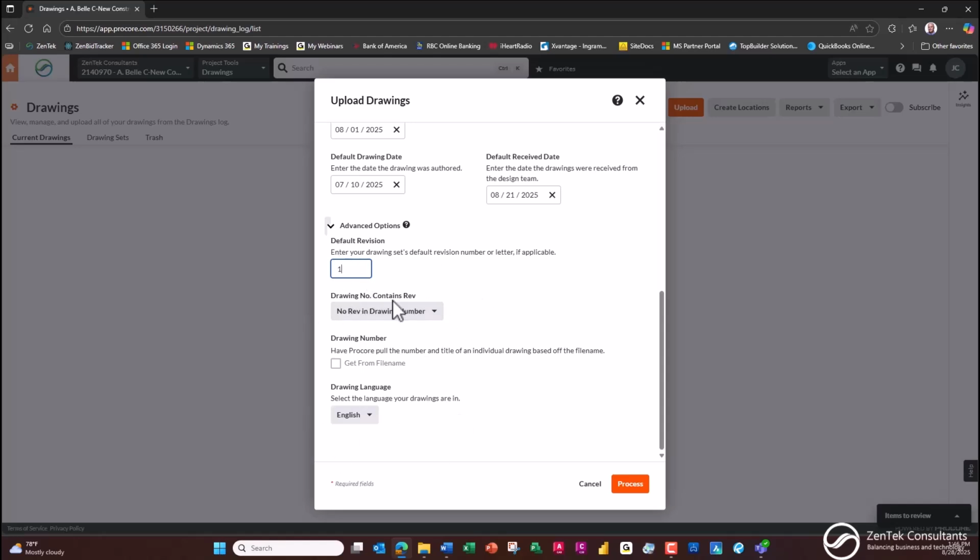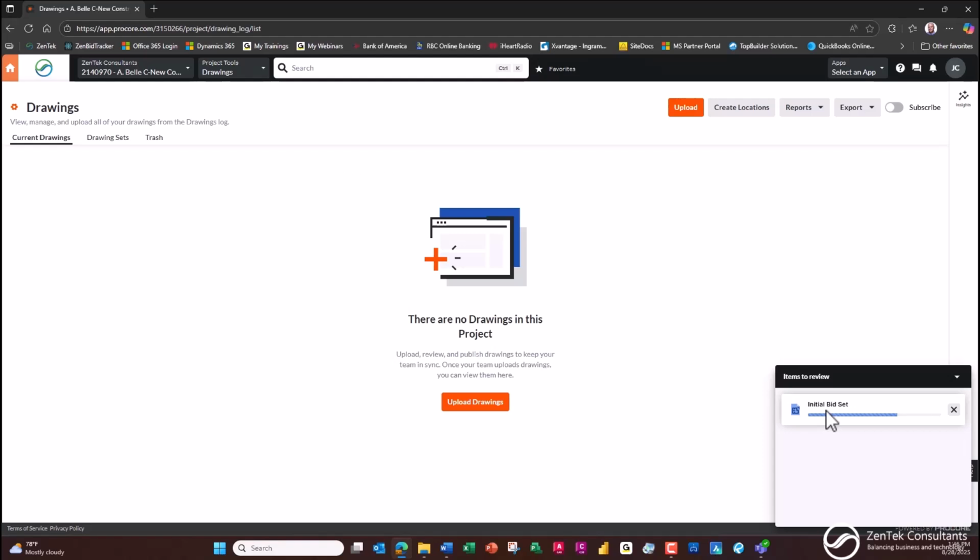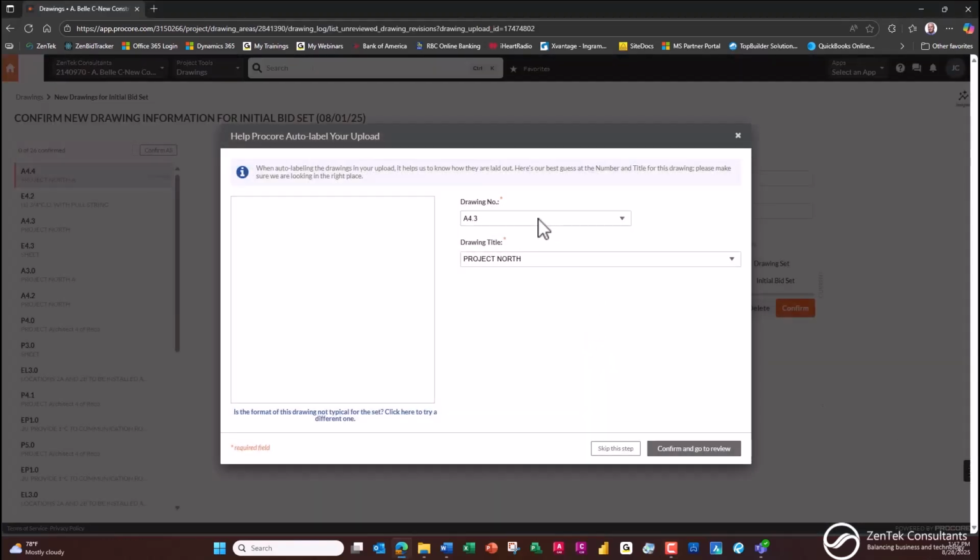And there's a whole bunch of different tools you can use for getting revision numbers and so on from file names. Not going to worry about the details here. This process is the same in pretty much any of these construction management systems. And all we have to do is wait for this initial bid set to go ahead and load up. Now, once it's loaded up, all we have to do is go over here and say, hey, we're ready to review those. We just click on the review button, it loads them up, and now I can go through